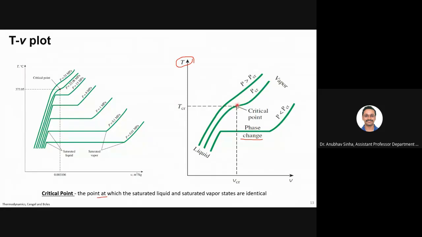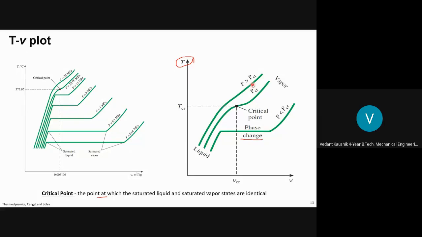So we are interested in subcritical states, but you should at least know the definition. You should be aware that there is something like this, where the substance becomes critical or supercritical, where I cannot define liquid and vapor phases separately. It is called critical water or supercritical water. But if it is subcritical, I can say that it is liquid water or water vapor, and I can also talk about phase change. That is not possible when it is going through a critical or supercritical phase.